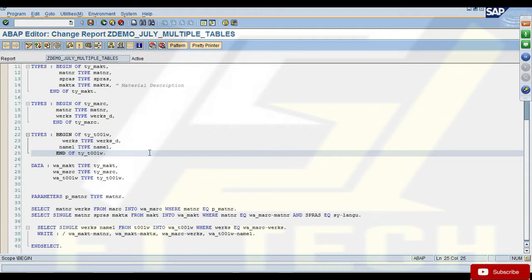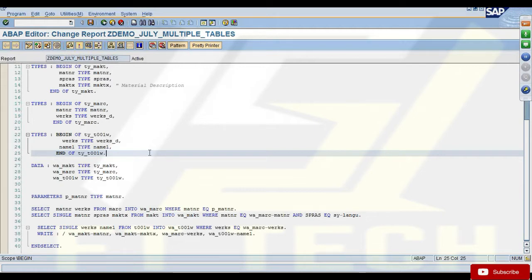So these variables, work areas, the structures, all this can store only one record at a time, maximum. The moment you try to store a new record in the same memory, it will replace the existing record, right? So in ABAP, we have internal tables. Internal tables are the only data objects which can store more than one record.